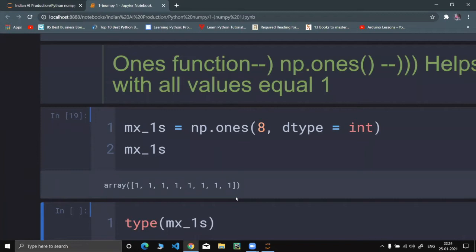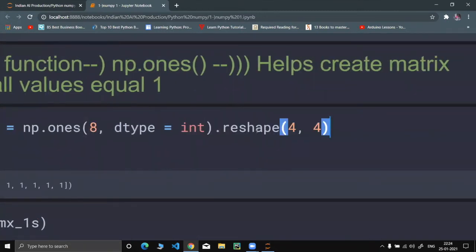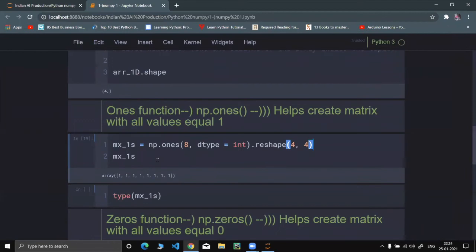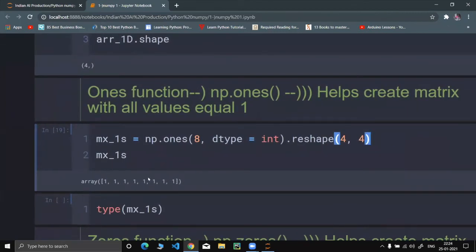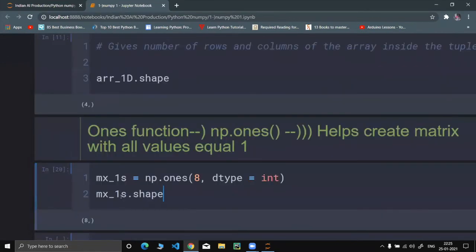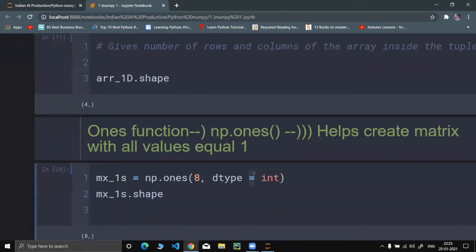Perfect. And I erased one command from here. This was the reshape function. Let me cut it over here, so let's not jumble this. What do you guys think this will print? See, it prints 8 cross 1. It means 8 columns and 1 row. Now let's see one magic over here.